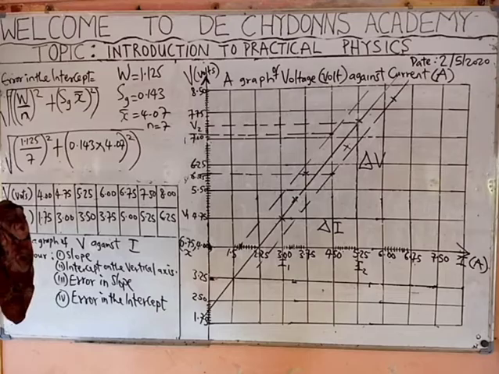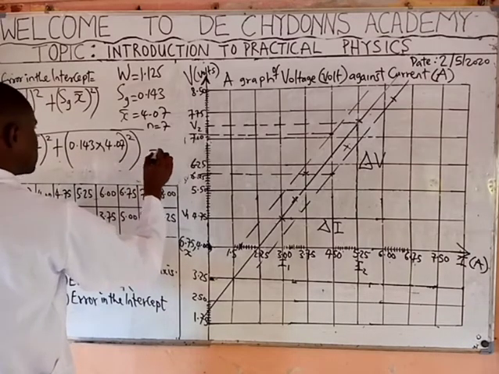So give me bracket 1.125 divided by 7, all squared, plus bracket 0.143 times 4.07, bracket raised to the power of 2, close the bracket. So when you finish putting it, it will give you